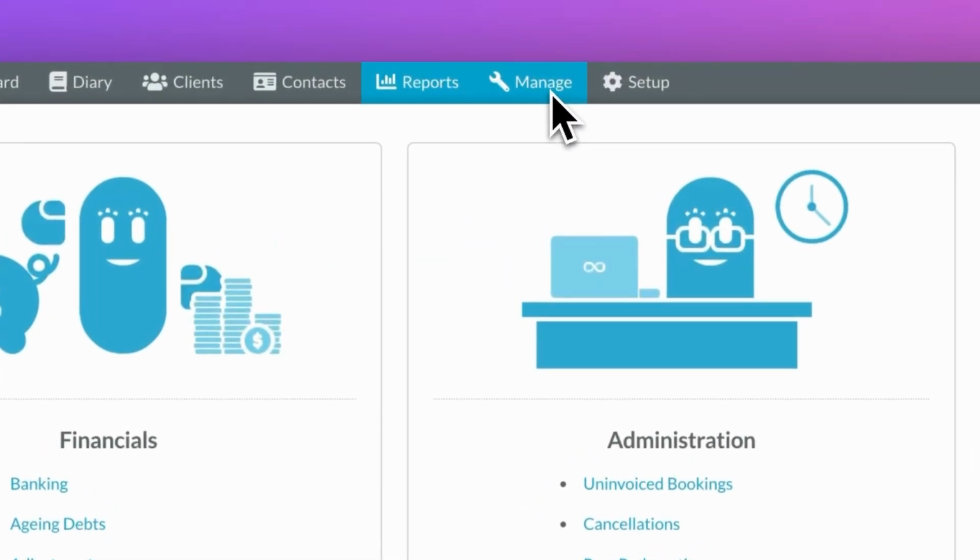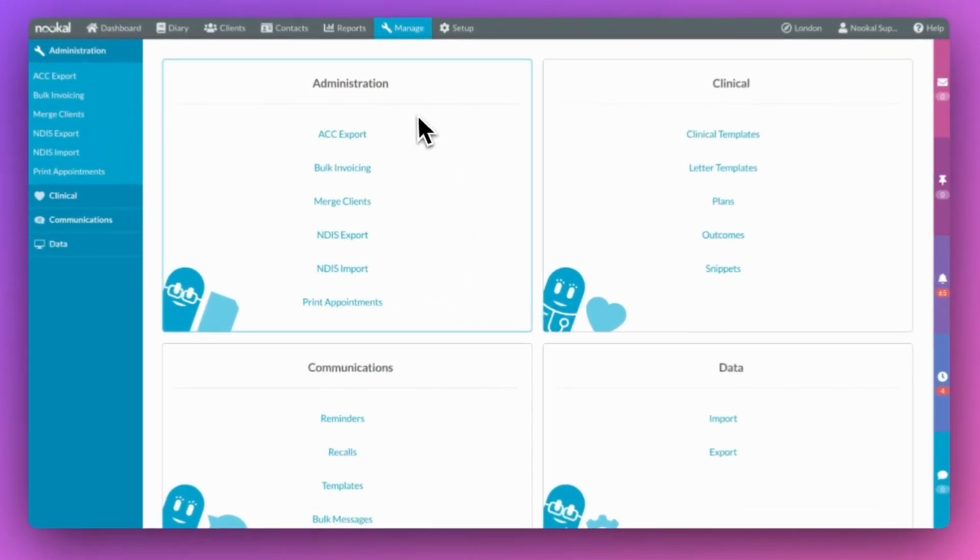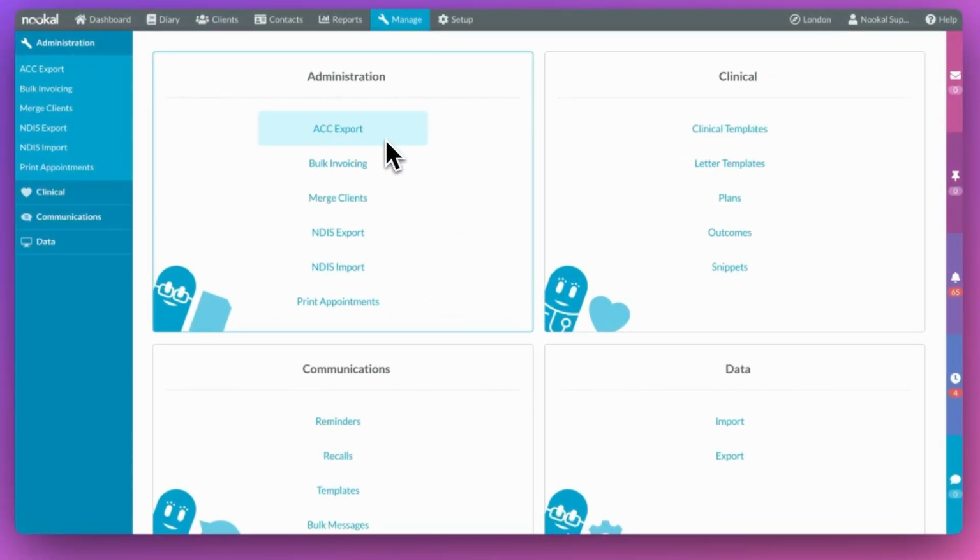Next, we'll move to the Manage area of your account. Now, in both the Manage and Setup sections, you'll see all features are listed on the left-hand side as well as on the main screen. This is just for ease of navigation, letting you move through these areas however works best for you. In Manage, you'll find further administration tools to streamline tasks, like the ACC export and bulk invoicing tool, plus our NDIS export and import tools, as well as the option to print and export your diary so that you have